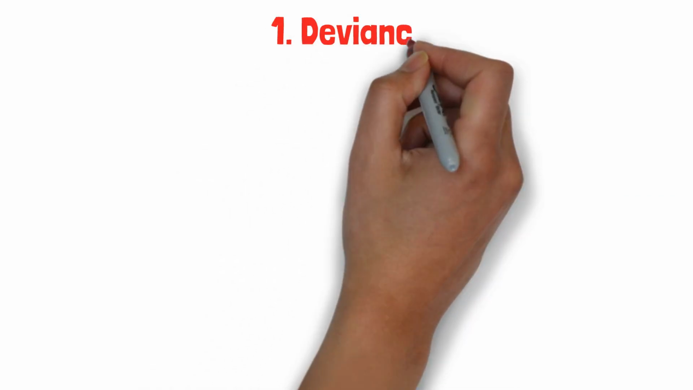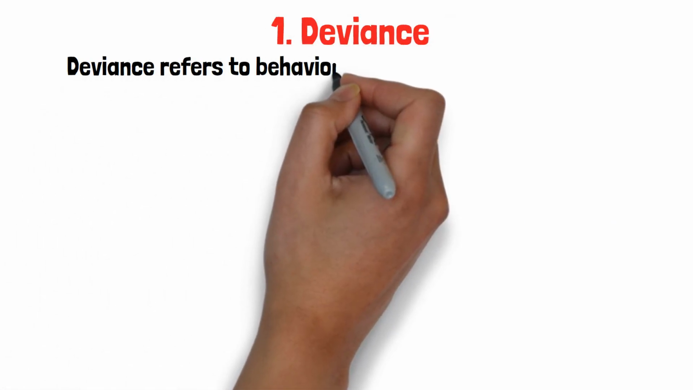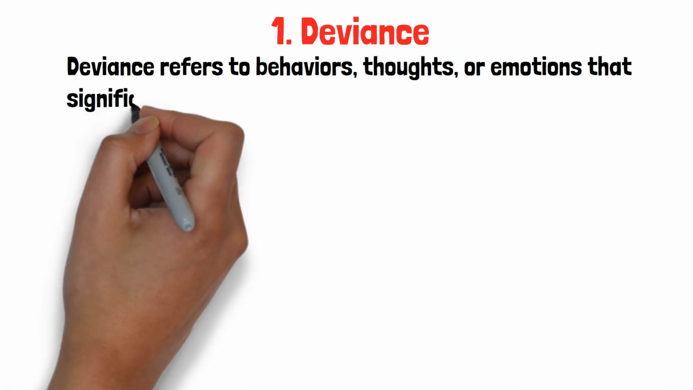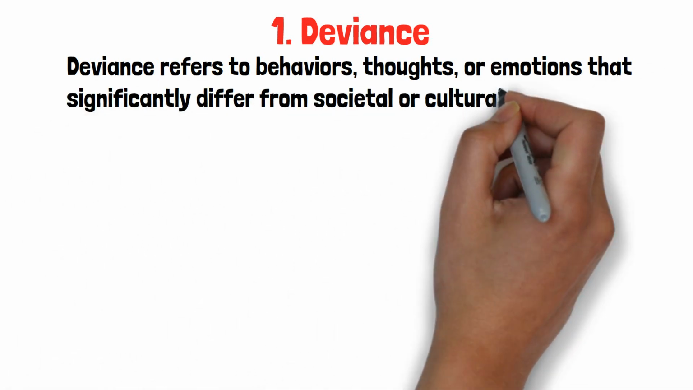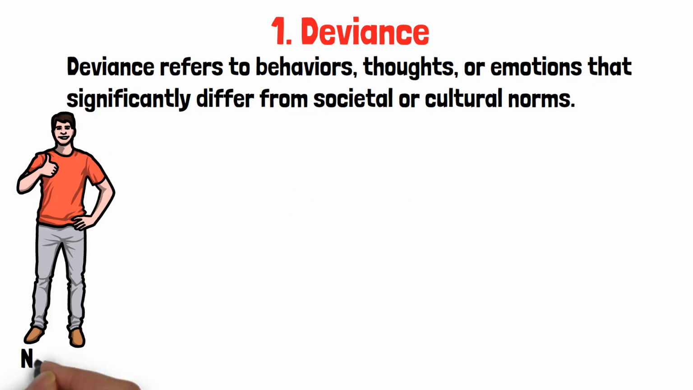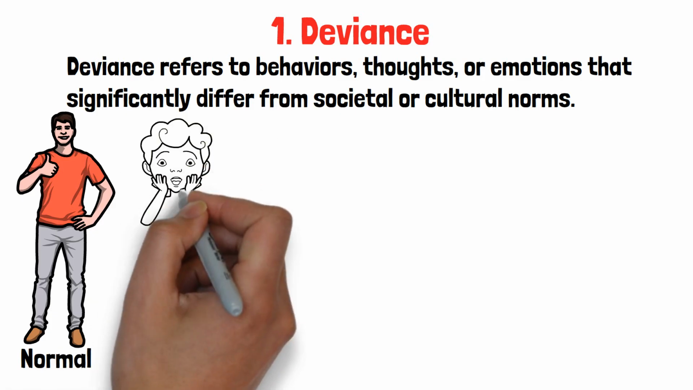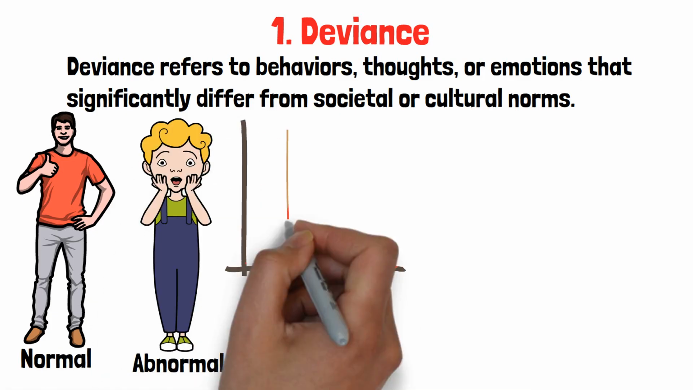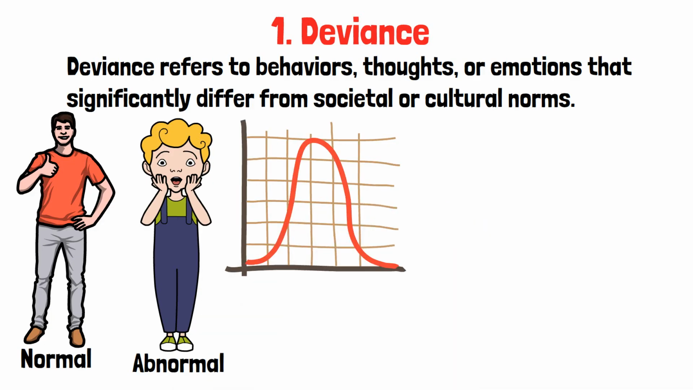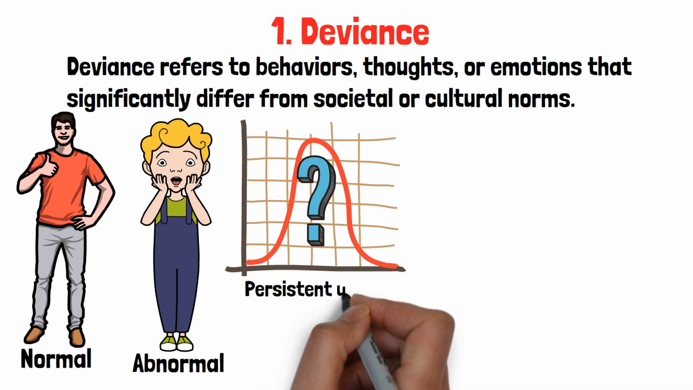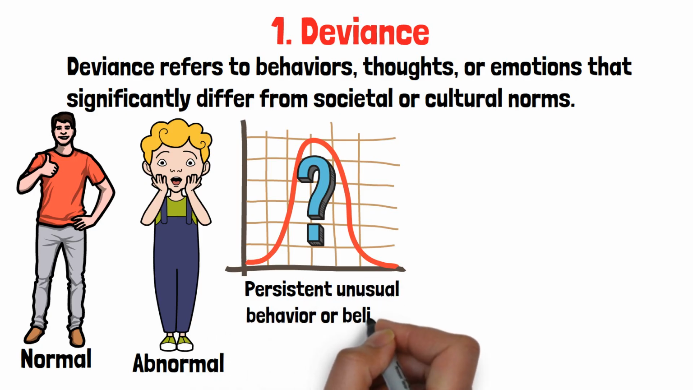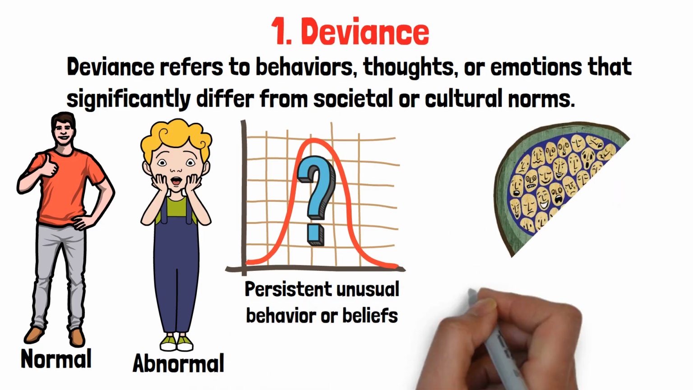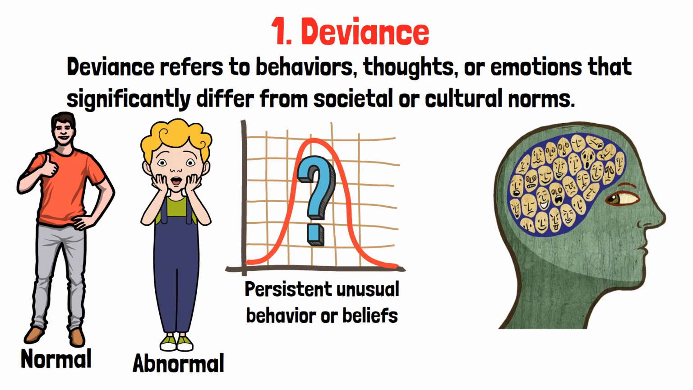1. Deviance. Deviance refers to behaviors, thoughts, or emotions that significantly differ from societal or cultural norms. Note that behaviors that are considered normal in one culture might be seen as abnormal in another. While deviance alone does not indicate a psychological disorder, it raises questions when paired with other signs, such as persistent unusual behavior or beliefs. For example, persistent hallucinations or delusions deviate from typical cognitive functioning and may signal conditions like